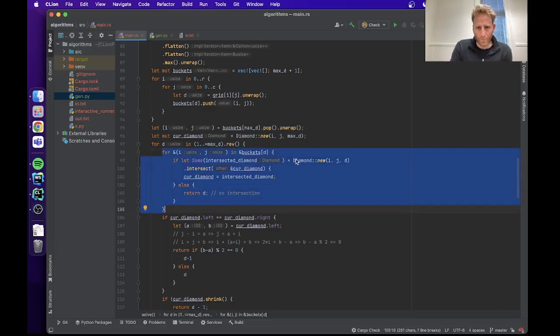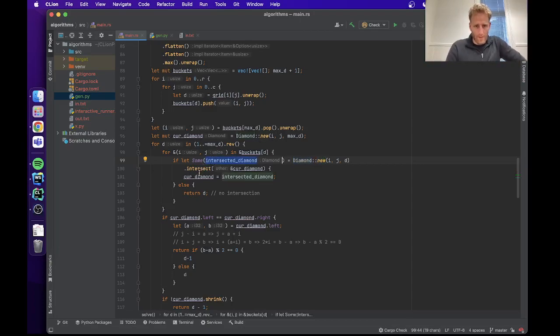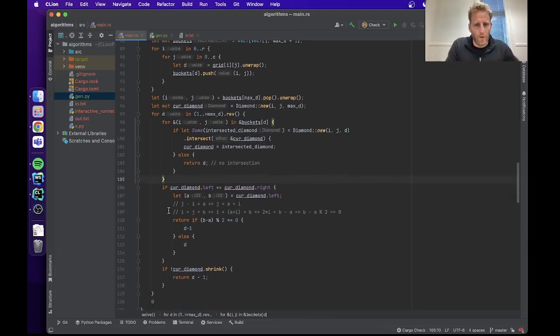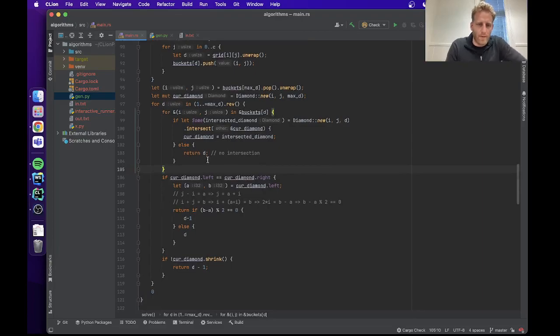And yeah, so create a new diamond, and if there's an intersection, then we just make the current diamond equal to the intersection. If there's not an intersection, then we just return the distance, because we know that the other diamond didn't intersect, and so that delivery outpost can't get helped by adding a delivery outpost to our current intersection, and so D will be the answer. Okay, so now once we've gone through all of the diamonds of that distance,